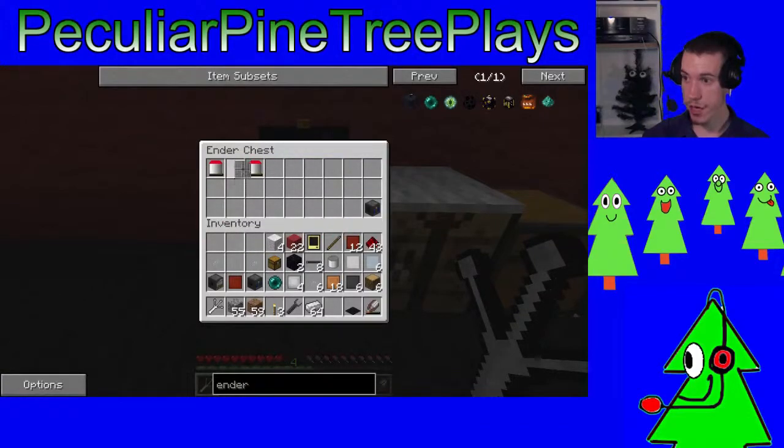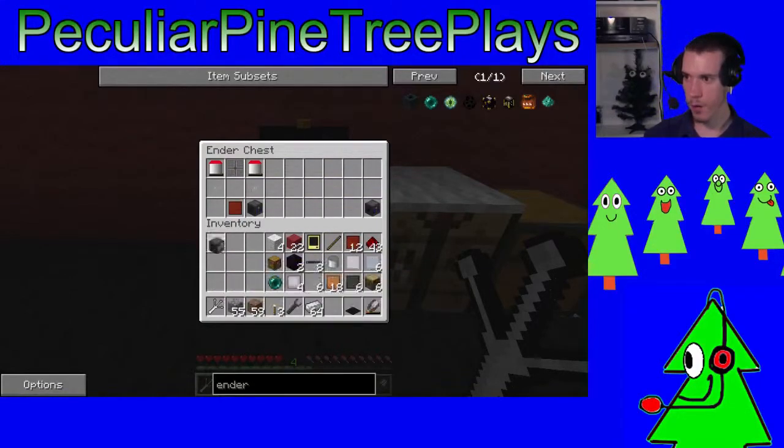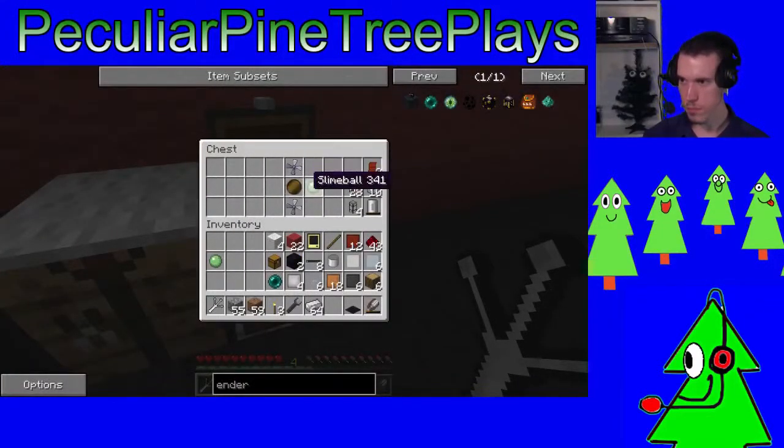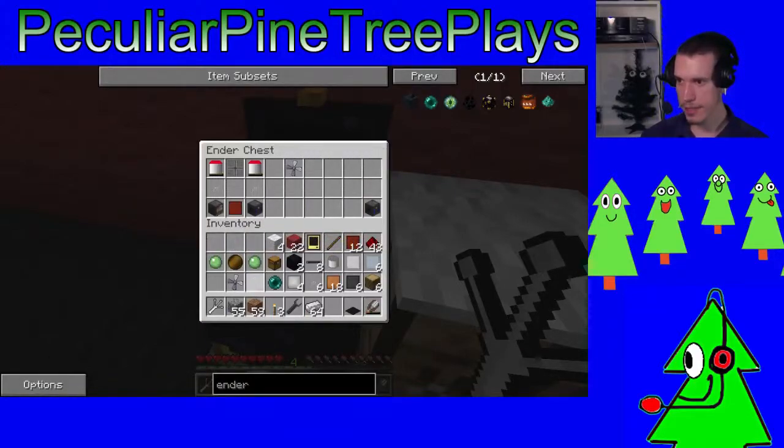And here we go. We now have in our ender chest what is needed to make our first machine, which would be the way to make fuel. There we go. Let's go ahead and grab this like that. There we go. Alrighty. And put that up there. Now, we have a little bit of oxygen gear. The other thing that we were trying to do this episode,